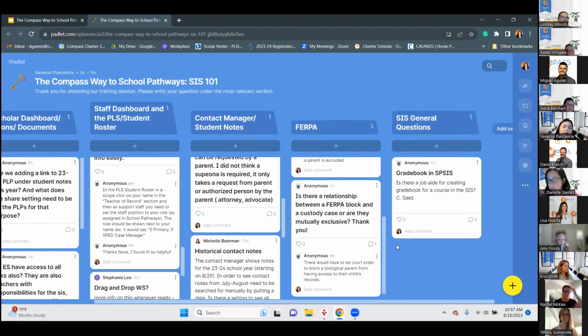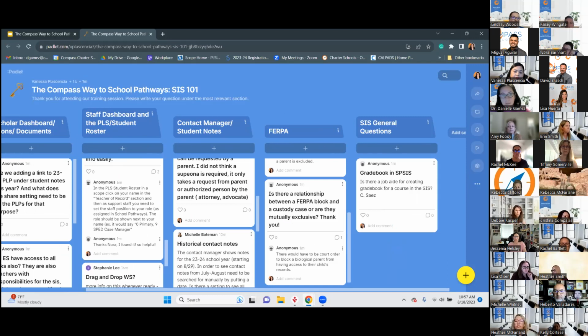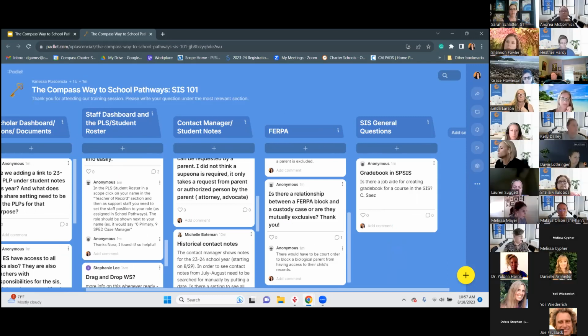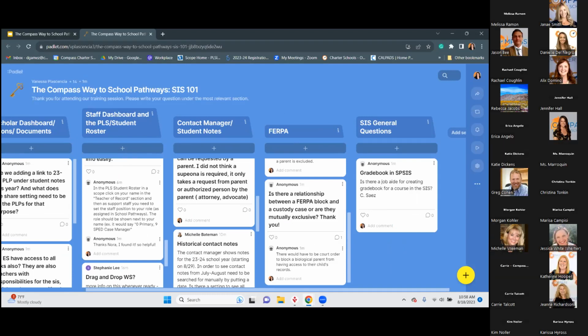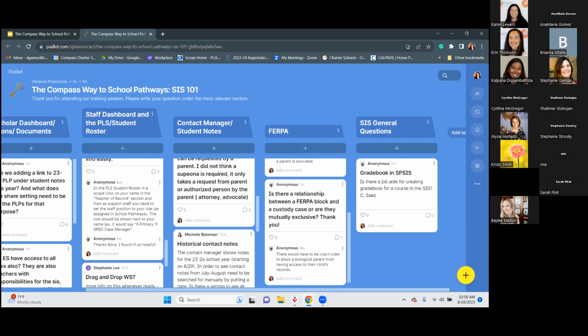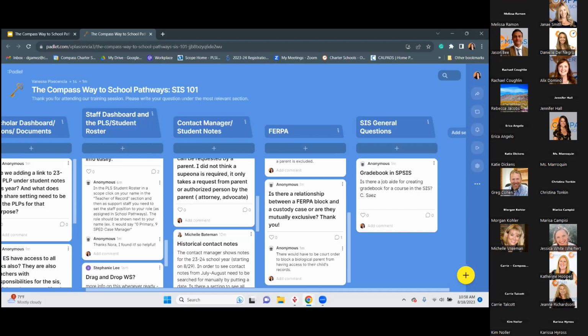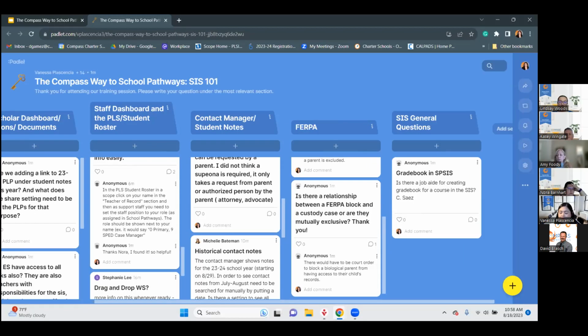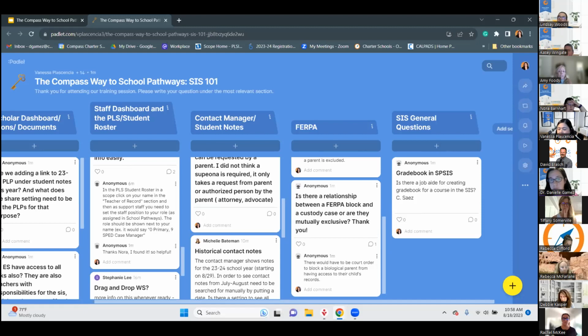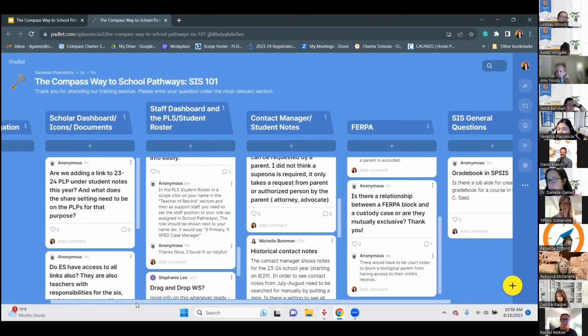If we cannot locate the parent after many attempts, or the parent rights have been removed and there's no one else assigned by the courts or acting as parent under IDEA in California law, then special ed would assign a surrogate. So bottom line, when it comes to special education, if there's any questions on who should be at meetings or who you should be talking to about the IEPs, please reach out to us so that we can look at that in more depth when we're looking at our scholars who are foster youth and foster placements,